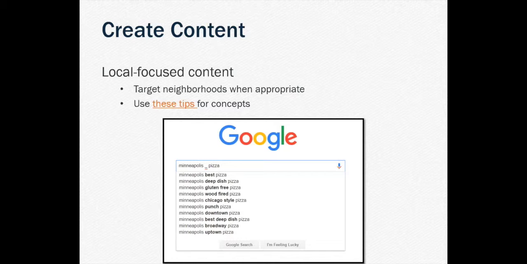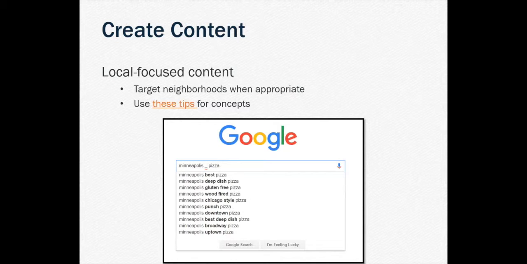There's a good tip in this article linked in the slide that we'll provide via SlideShare later that you can go to and see some tips to find some ideas of keywords to use when you're doing research on potential topics to write about. You can use these little modifiers in Google and manipulate that search box so it can give you some suggestions. Like if you use the underscore character in the search box like this with a couple spaces, you can see